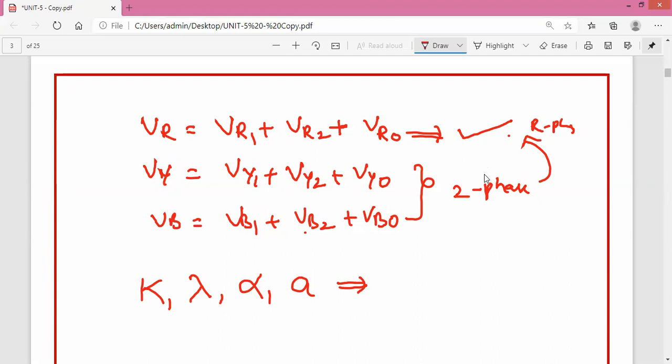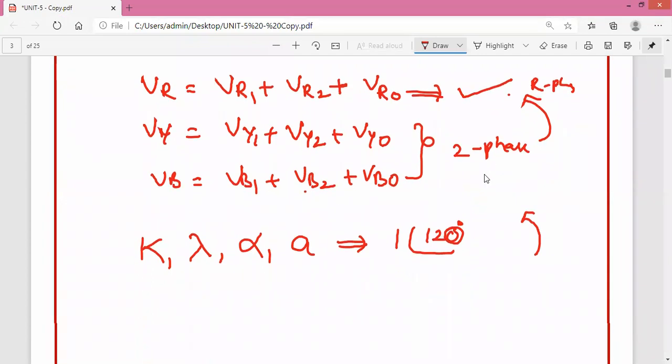This notation is nothing but a vector having unit magnitude and 120 degrees phase displacement, which is rotating in a counterclockwise direction. By using this operator, the balanced parameters are replaced by those of any one of the three phases. In different textbooks, it has been mentioned with different notations. In this session, I am just going to take it as the K notation.